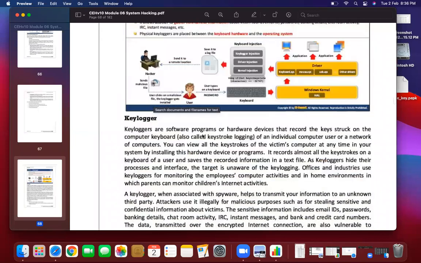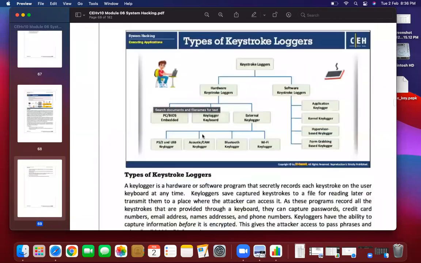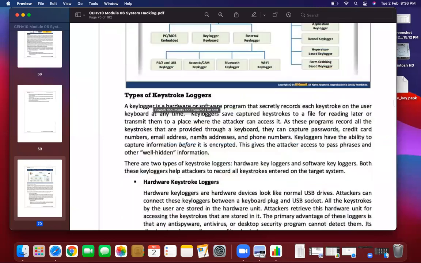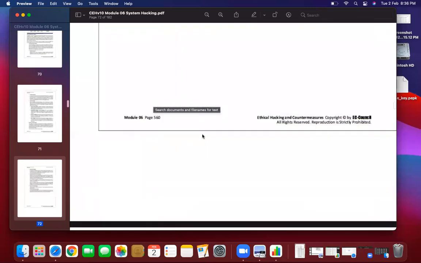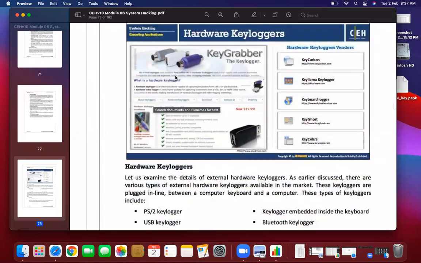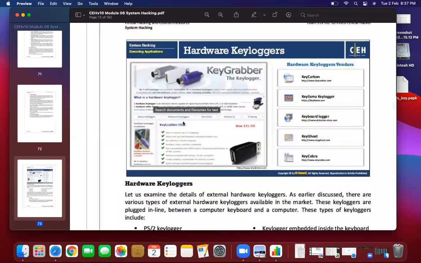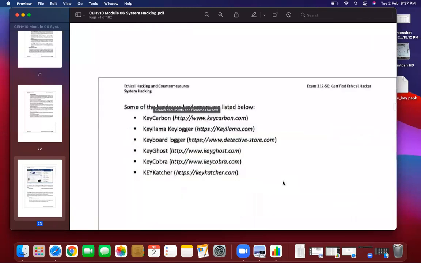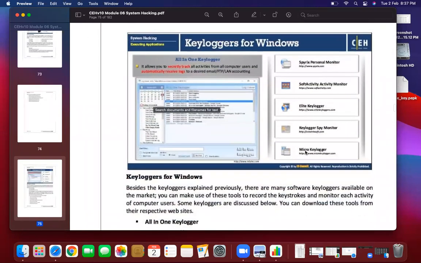So keylogger, we already discussed the types of keyloggers. Generally there are two types: hardware and software. Hardware keyloggers are physical devices. You just put it into the laptop or desktop, and it will start capturing the details. Software keyloggers include different software used for keylogging, such as Perfect Keylogger and Blazing Tools. I will let you know in the practicals.